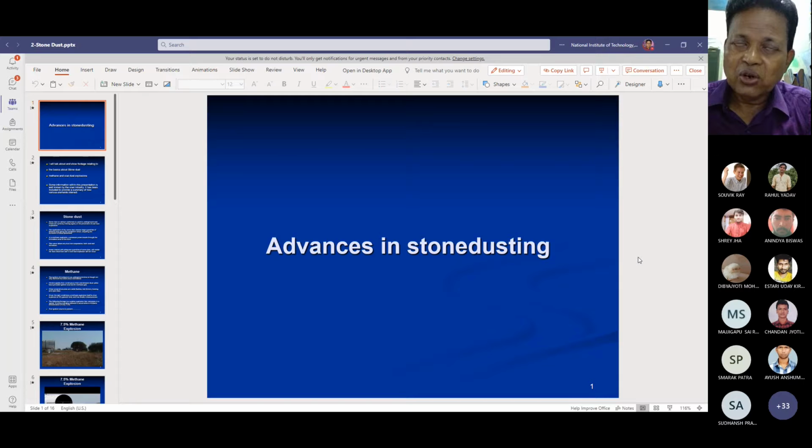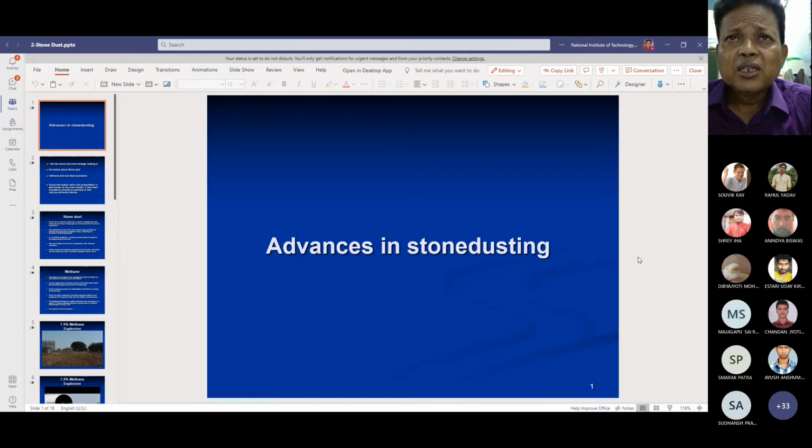Stone dust barriers are constructed so that in case of any coal dust explosion, in case of any methane gas explosion, the stone dust barriers will break and spread the stone dust around the mine, and quench the fire and extinguish the fire, and break the speed of the explosion waves. The speed can be reduced, or the fire can be extinguished by use of the stone dust barriers.